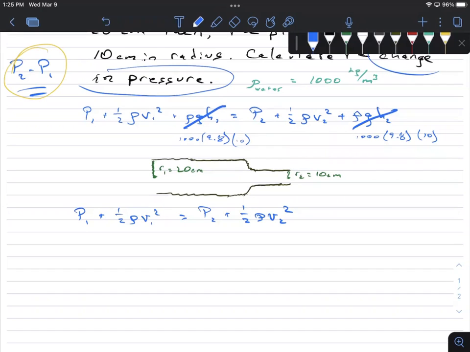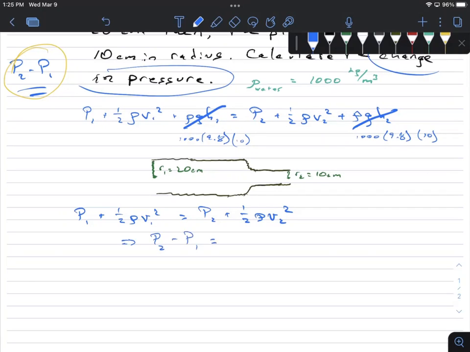P2 is already there on the right side, so let me move the P1 over to the right. And the 1/2 rho V2 term on the right side, I want to get rid of it because I don't want that over there with the P's. I want P's by themselves and everything else on the other. So P1 gets moved to the right, it becomes negative. So it's P2 minus P1